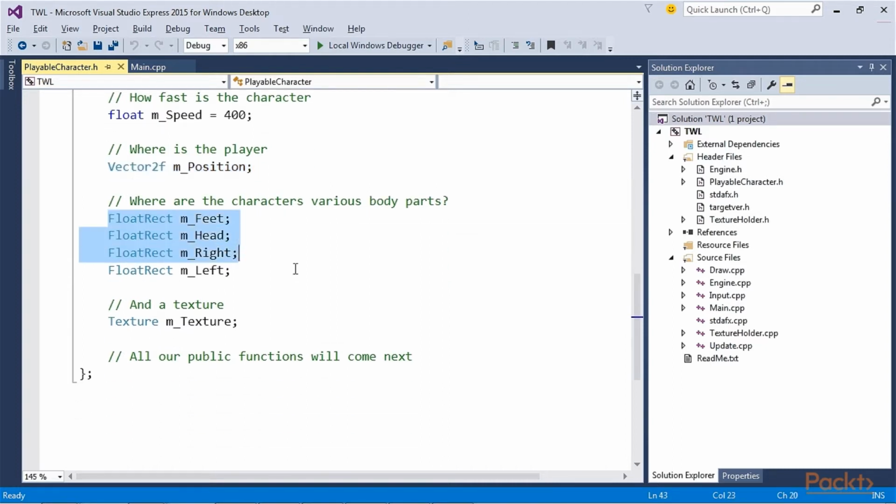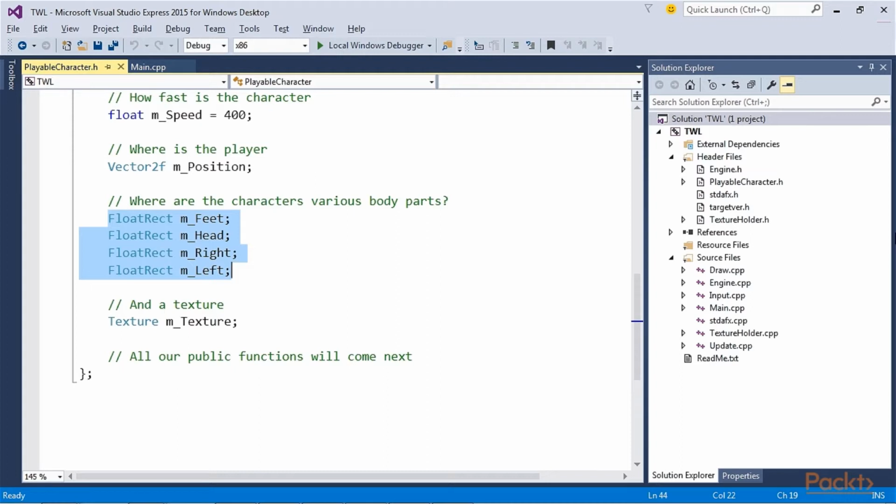The next four FloatRect objects are important to discuss. When we did collision detection in the Zombie Arena game, we simply checked to see if two FloatRect objects intersected. Each FloatRect object represented an entire character, a pickup, or a bullet. For the non-rectangular shaped objects, zombies and the player, this was a little bit inaccurate. In this game, we will need to be more precise.